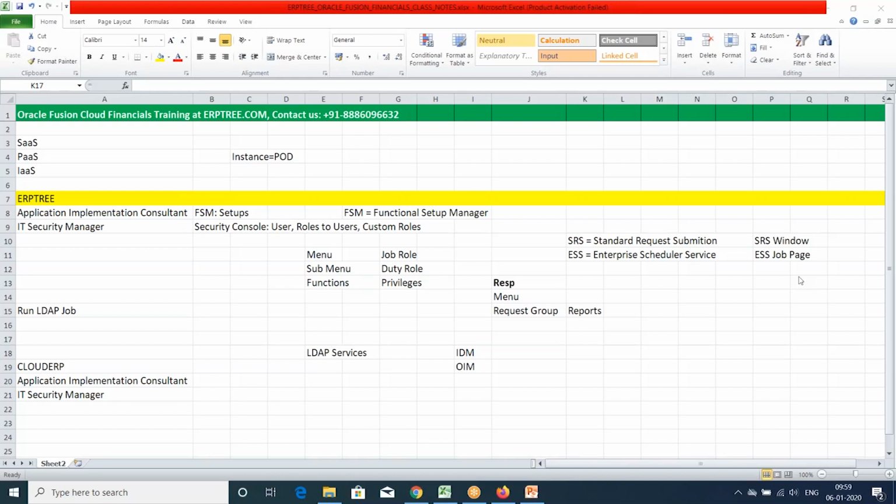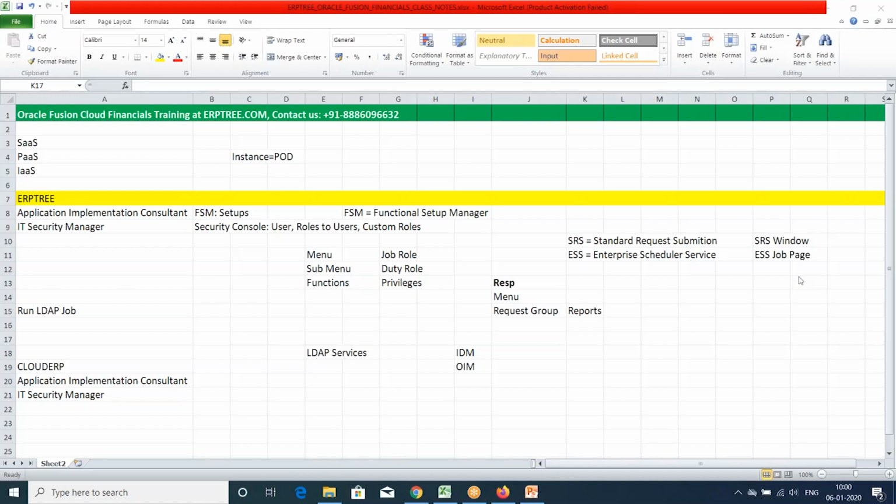We'll see those in our classes, and as you go through them you can correlate. Right now this Vision Instance is SaaS, but if you want to access PaaS, we can access it in the Vision Instance. Oracle is not providing it for training, but for functional people that is not required at all.